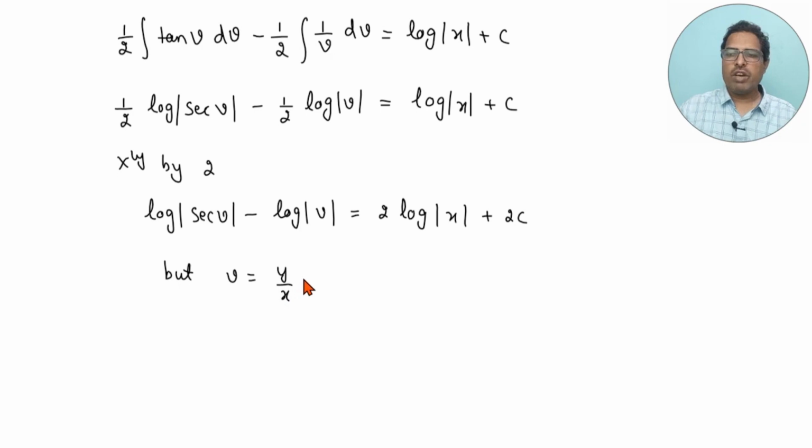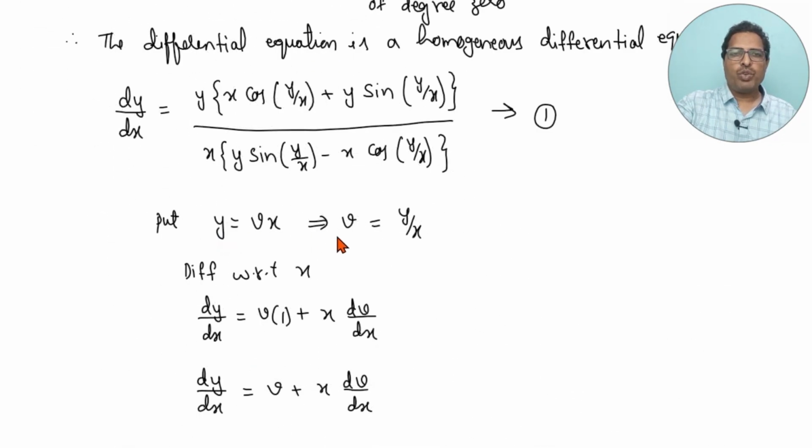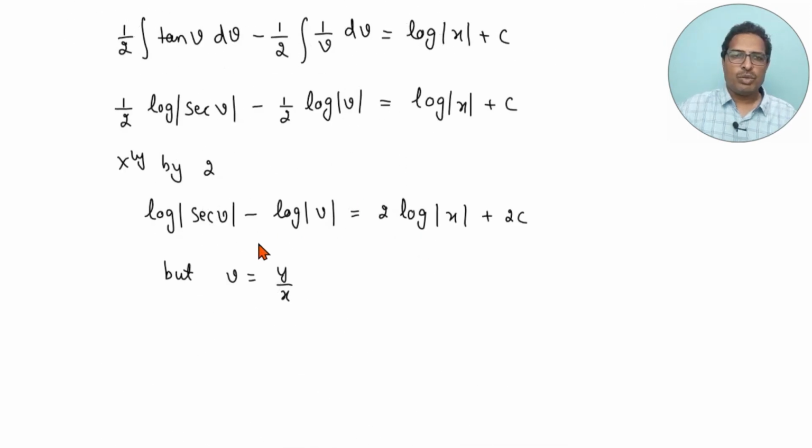So initially, you can observe over here, we have put y is equals to vx, therefore the value of v will be what? Y by x. So we will substitute back the value of v to be y by x over here, it becomes log of mod secant of y by x minus log of mod of y by x is equals to,